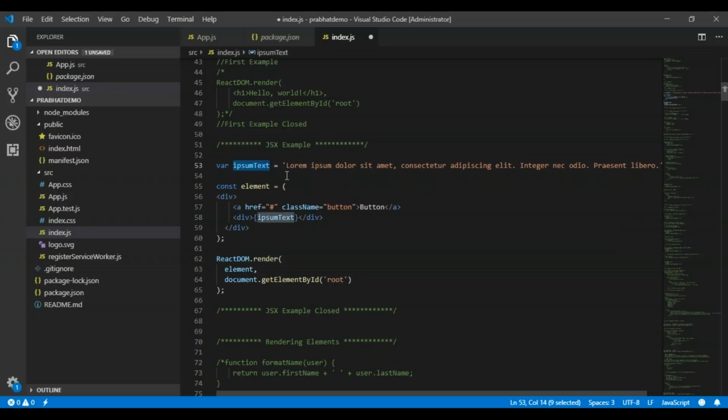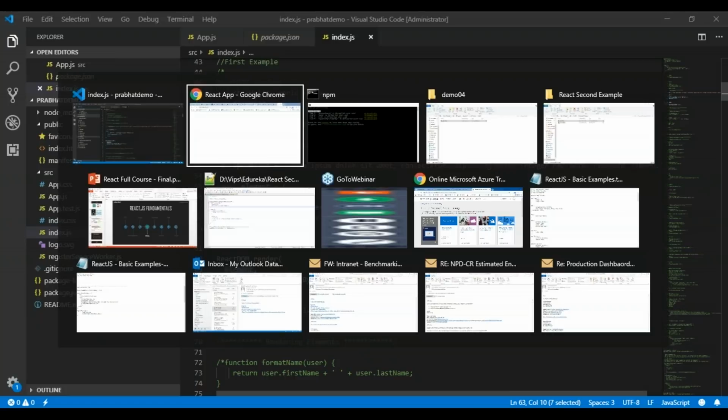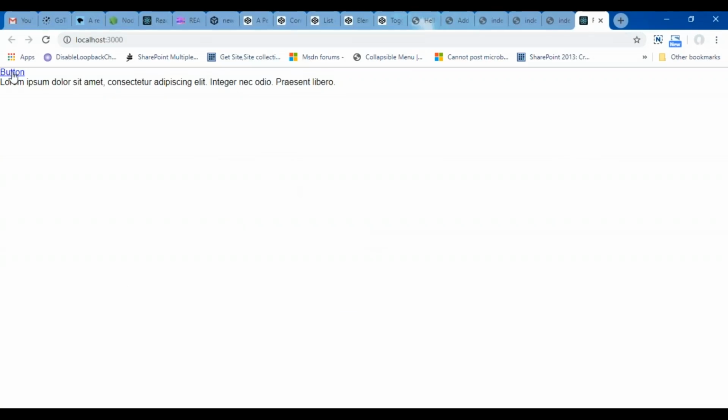So what I've done is I've created a dummy text and created a const element. In that I have created a div structure. In that div structure, I'm creating a button, className equal to button, the text is button, and then a sample text will be displayed. Once this constant element, or you can say a JSX expression, is created, I can pass this to ReactDOM.render like this. So let's save this file and see the output. You can see the output: there is a button and some sample text shown on the screen.